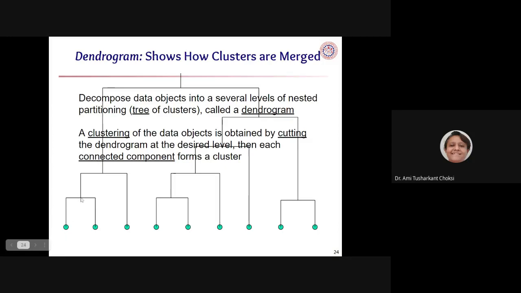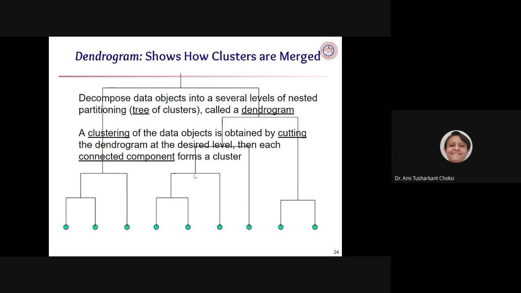2 nodes combined, and added one more, that will give us this line, right? Let's say that in the past example, we have seen, say, A and B. So A and B are merged. Then after, we are adding C, right? Then we can say that this is A, B and C. Those will be combined here. But for that, here one more path is there. So we need to consider, suppose this is D, this is E. So at this point it says D, E. Then after, we are combining this.